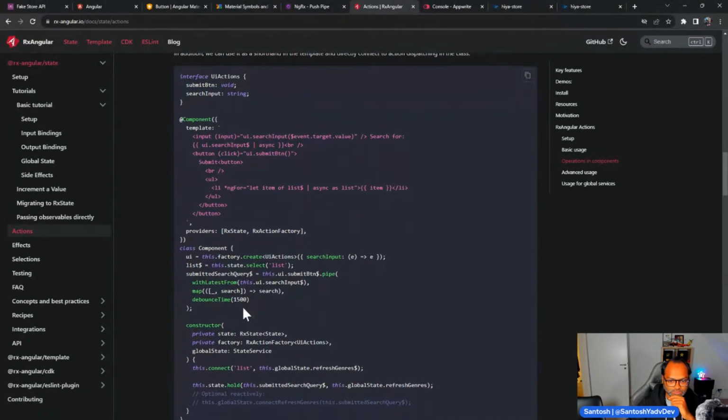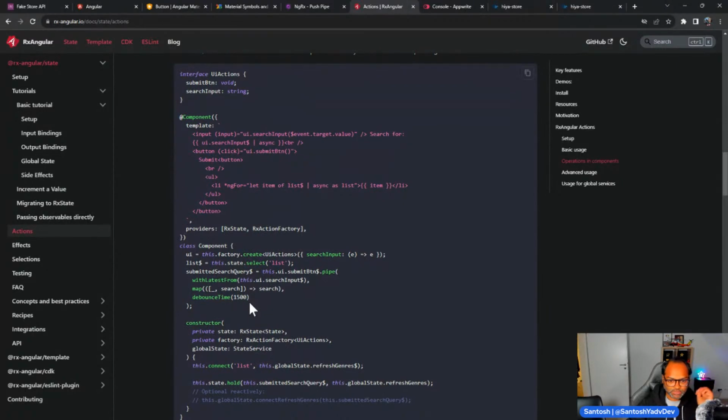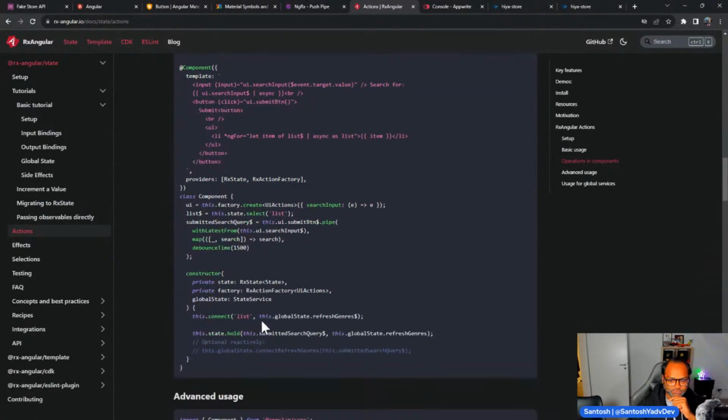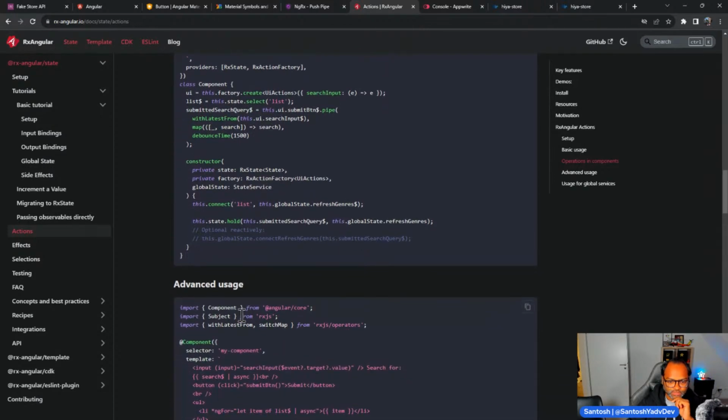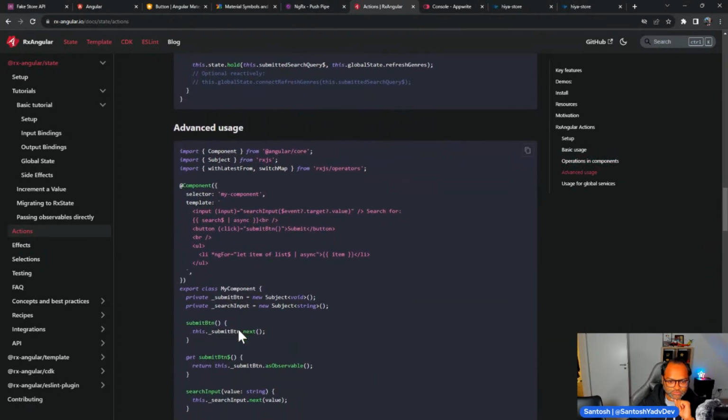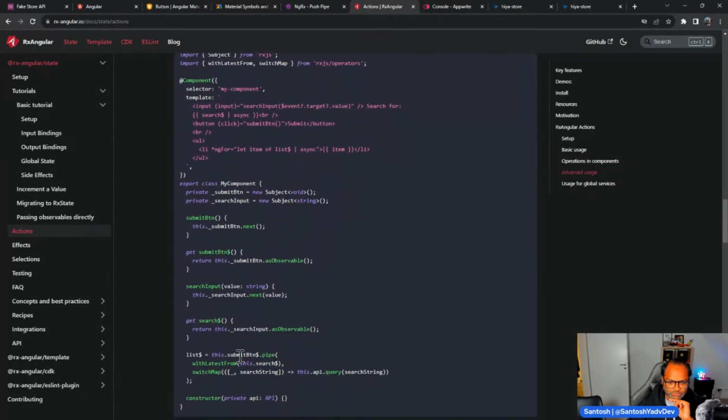This is really interesting. As I'm saying, I haven't explored RxAngular for a long, long time, but I'm happy that I'm finally getting to use it on my live stream. So global state, you can also define, okay, advanced. This is an advanced usage. So you can say submit button,